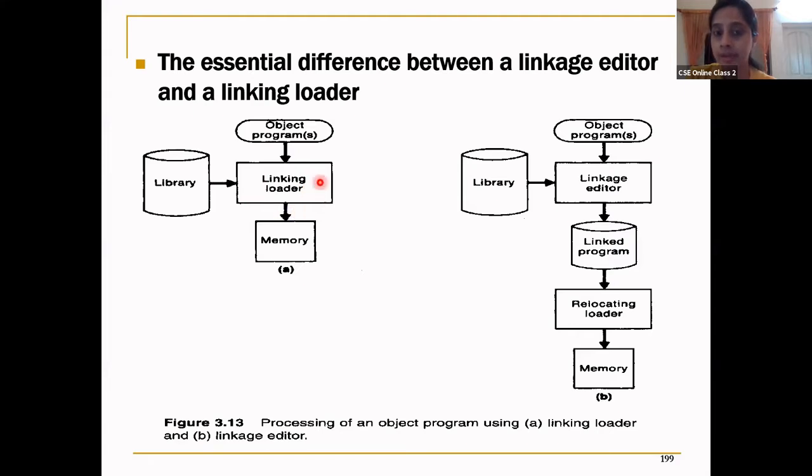So at the time of linking and loader, what happens when I encounter a modification record? That is nothing but a relocation, right? The modification record should be applied here. If you're relocating, then the object program will be written starting with some address.